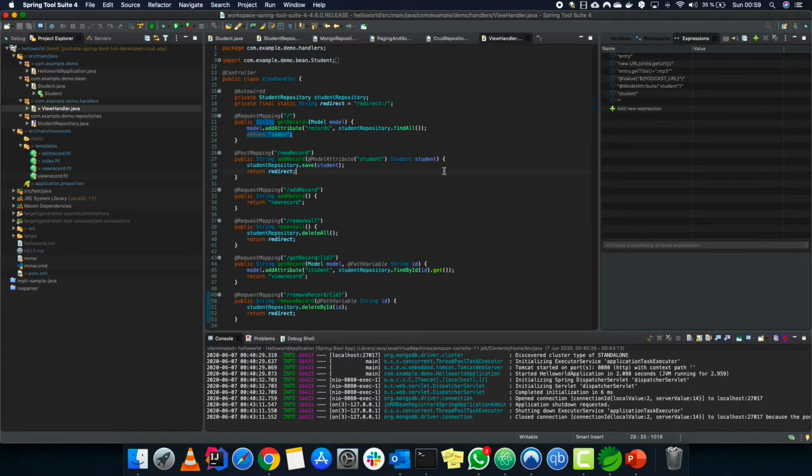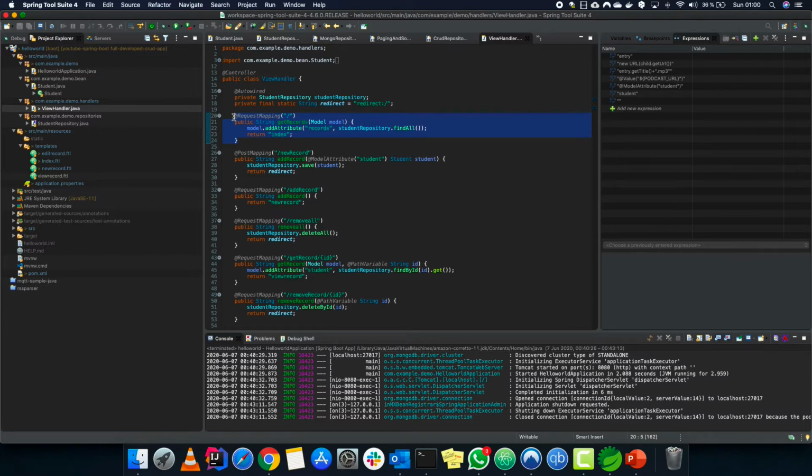This request mapping is just to get the records. When we open the application, the first view we show will show us all the records. If there are any records, we'll see all of them. If there are no records, we'll also see what happens then.